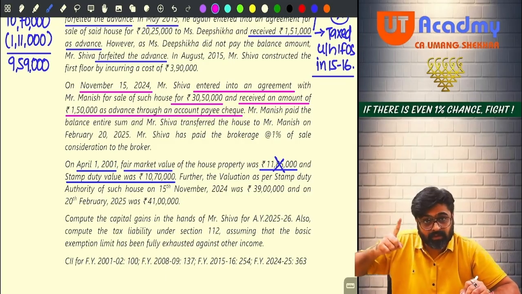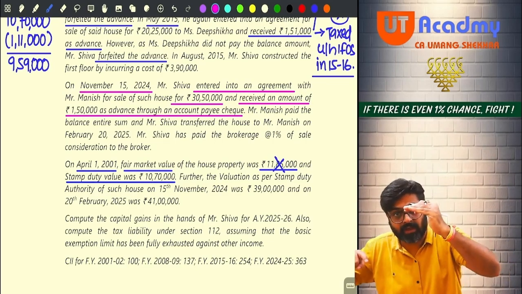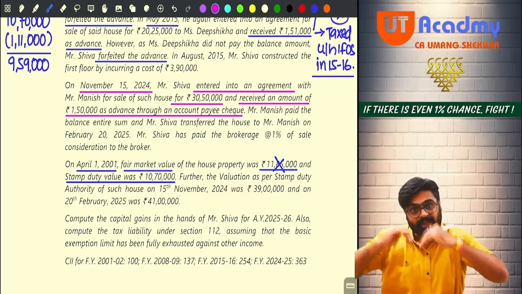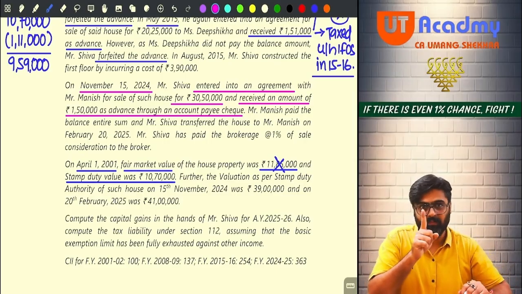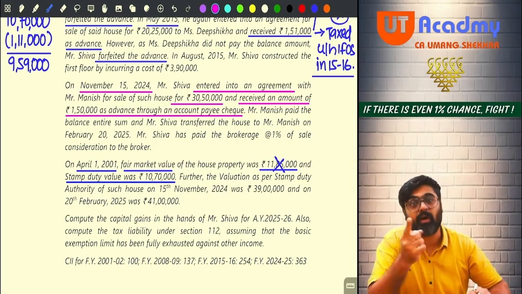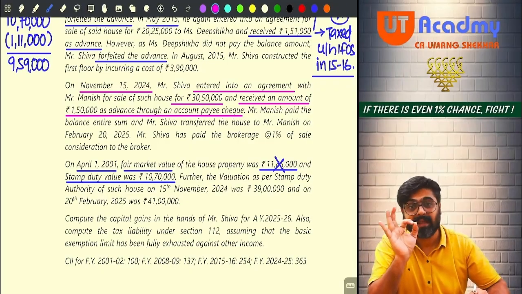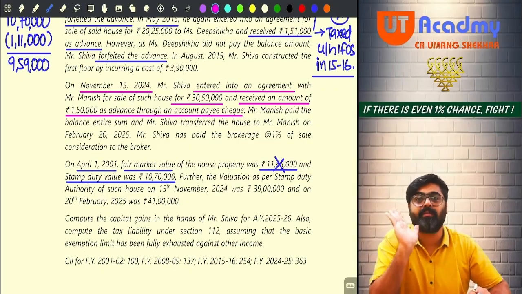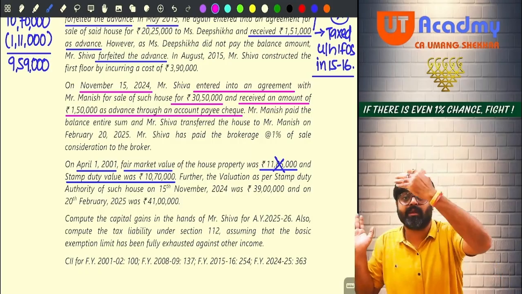And he is receiving that amount out of the sale consideration as on the date of sale agreement or prior to that by prescribed modes. So if you receive the amount of sale consideration, or any part of the sale consideration, by way of prescribed mode, then as on the date of the sale agreement, whatever stamp duty value is there, that can be taken for section 50C.